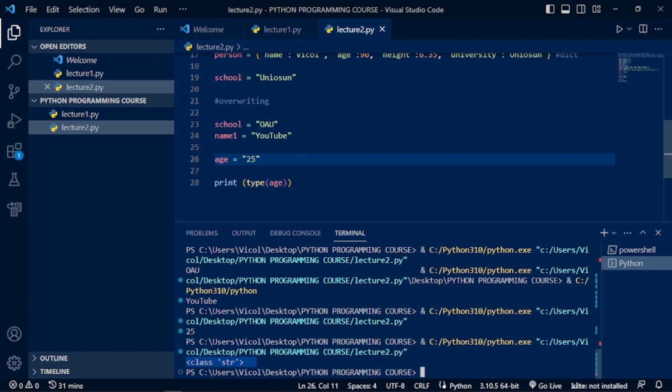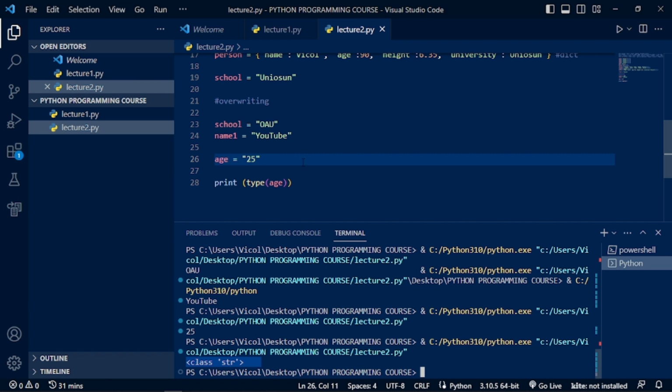So now that I have age stored, age is displaying 25, which is actually correct, but the data type of age is actually a string, which is wrong, because I may want to do calculations with the age, probably multiply the age by 2 or add 3 years to the age, and it's going to give me logical errors, because age as it sees now is a string, right? So as you can see, I printed the type of age and our program showed str,